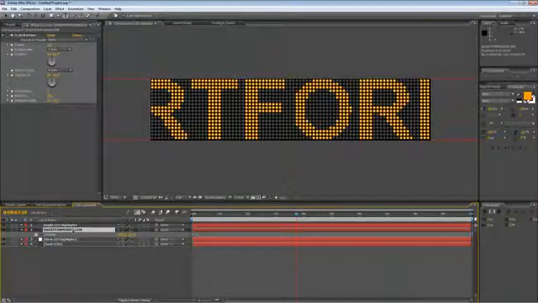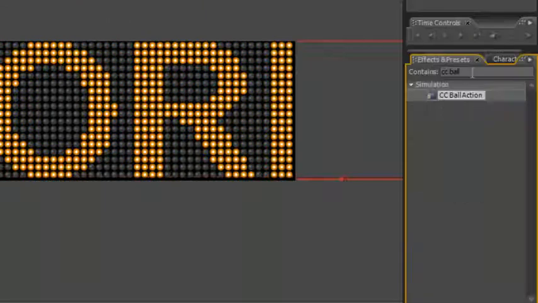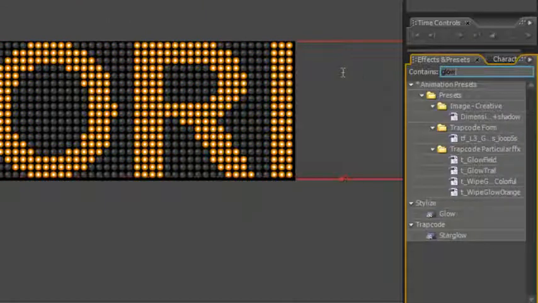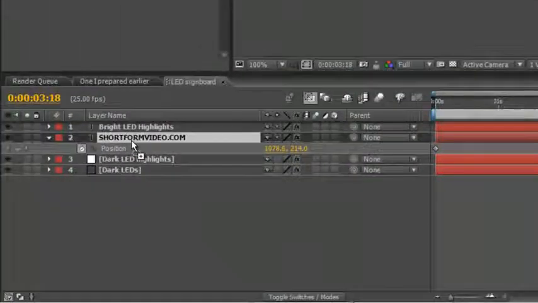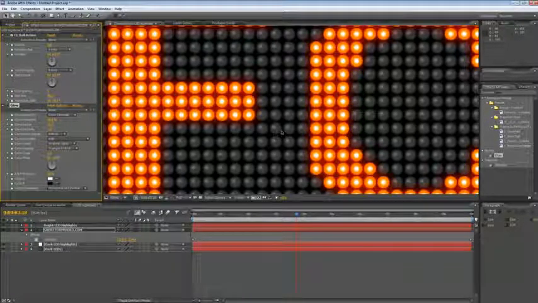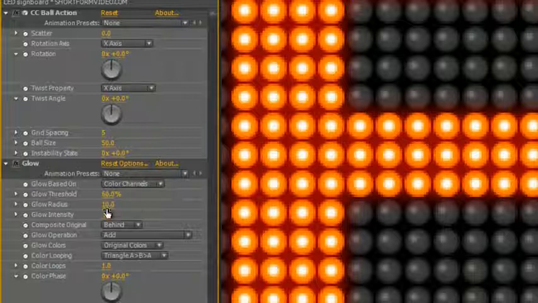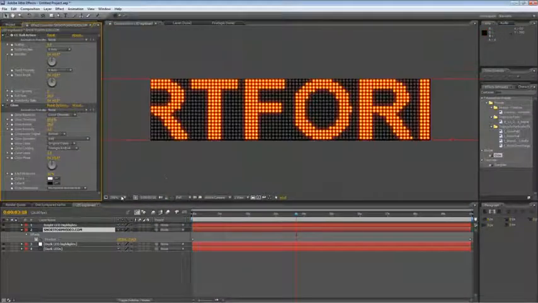And the final step is to go back to your original text layer, the shortformvideo.com text layer, and go to your effects and presets and find the glow effect and just drag that onto the base text layer. Now immediately that gives us a sense that these are lights and they're casting light on the objects around them, but it's not quite enough, so I'm just going to go to the glow effect and I'm going to increase the radius to about 25, just so it looks as though those lights are casting a glow onto the adjacent dark LEDs. So I'll scroll out,